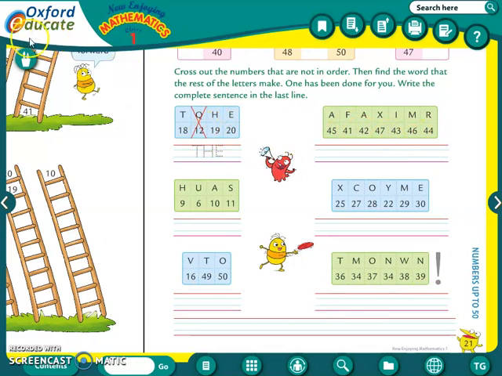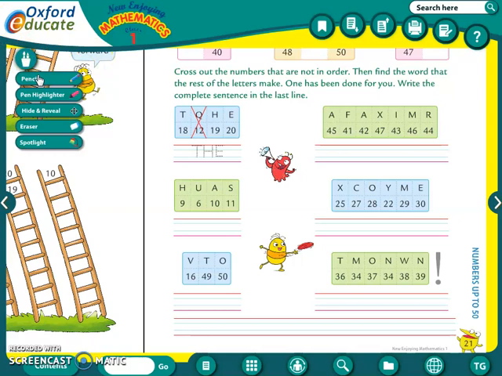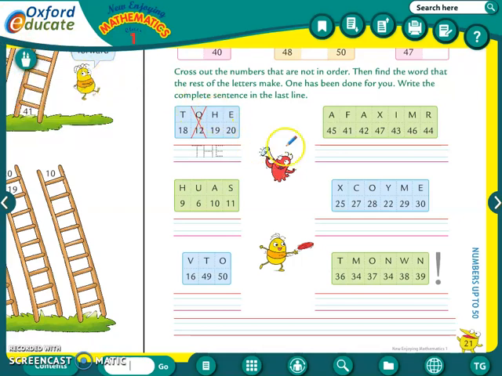Here also. See. Now look here. What we have to see is the order of the numbers. Now the first number given over here is 45. But does 41 come after 45? No. But this is in order. After 41, 42 is given. But 45 doesn't come before 41. So we have to cancel 45.